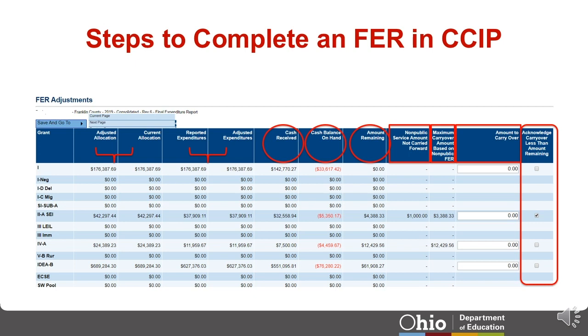On this page, carefully review reported cash expenditures to ensure the amounts agree with your financial reports. For FERs related to grant applications such as career technical and adult education, early childhood education, and school psych intern, or in other words, all applications except consolidated, the FER adjustments page will be your last page that will need